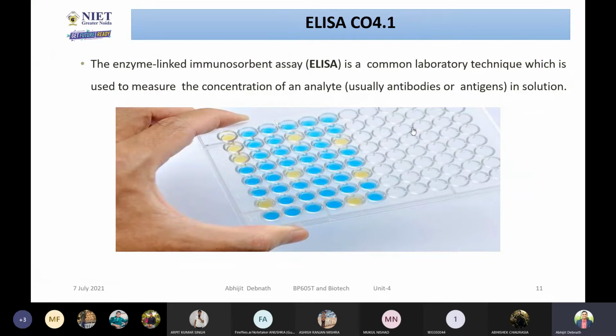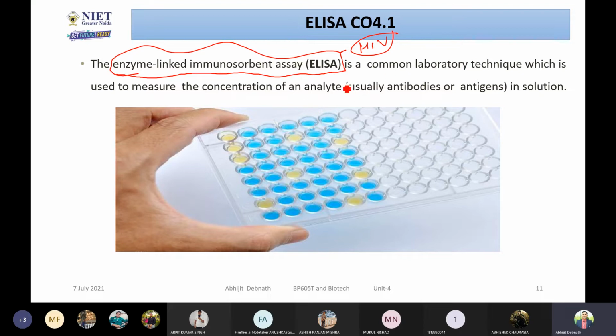So you've seen the picture, and now, after learning the basic concepts, let me start the understanding of the ELISA. In the previous lecture, I asked you what the activity of ELISA is. You very nicely pointed out that ELISA is used for the detection of various diseases like HIV. We can detect HIV by using ELISA. So how ELISA works, and how you can make another ELISA for another disease, that we may learn.